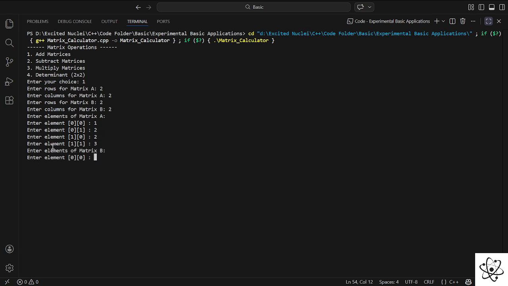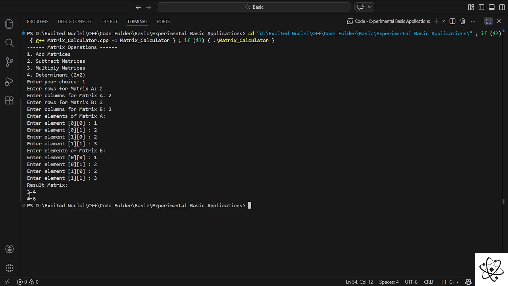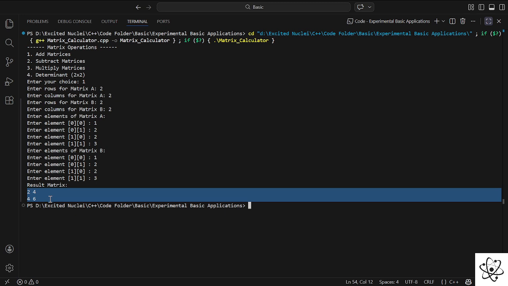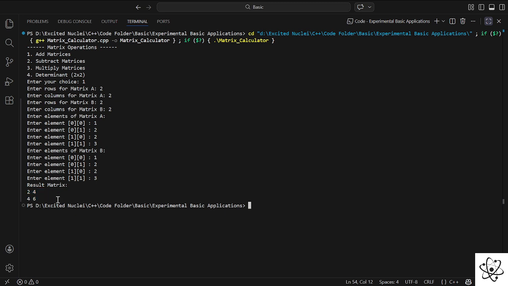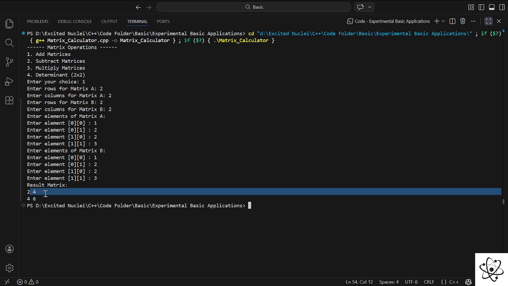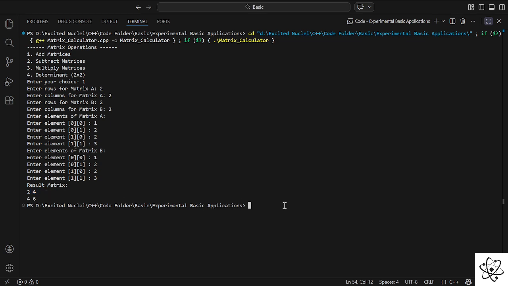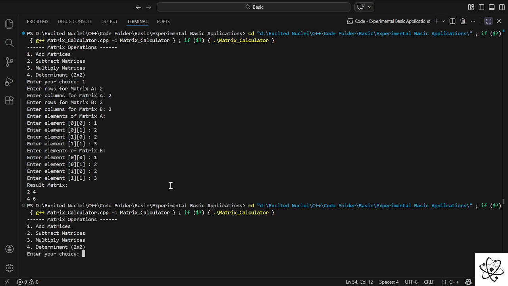Now it is asking us for the elements of matrix B. I'm going to give the same values to verify the output easily. As you can see, after completing this addition operation, we get the resultant matrix here. In a similar way, we can do the other operations too, like multiplication of matrices, and this can be done by simply,